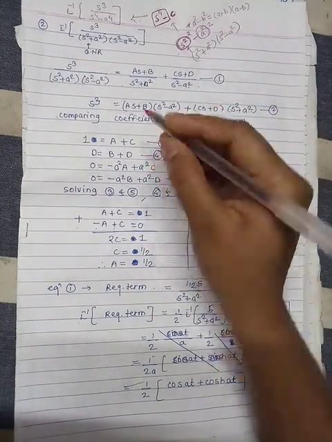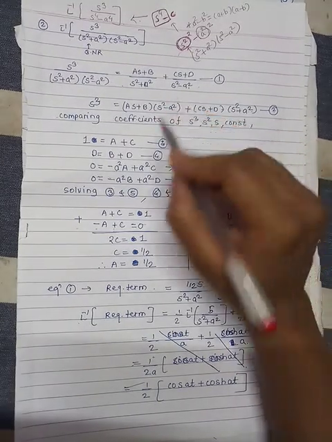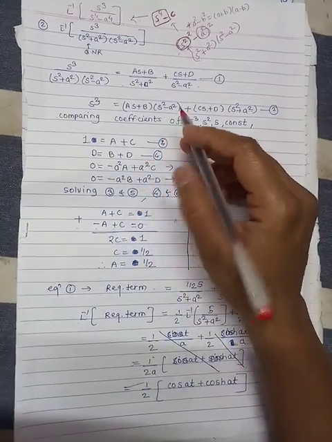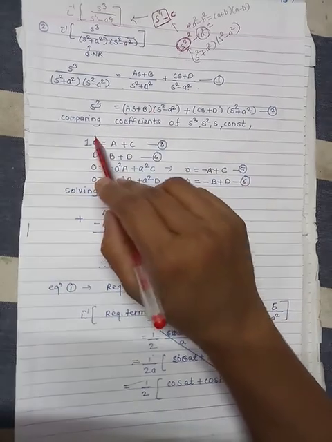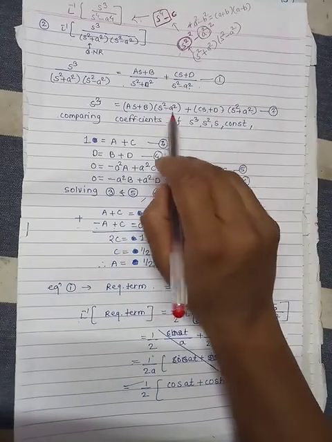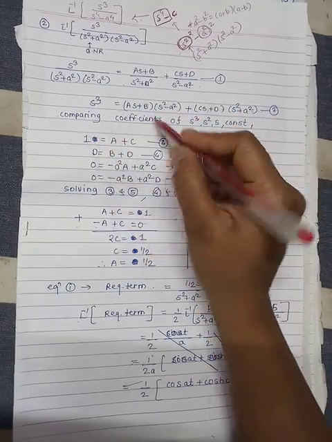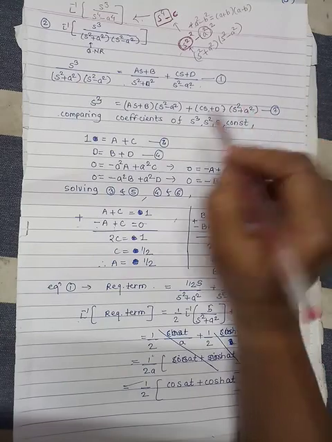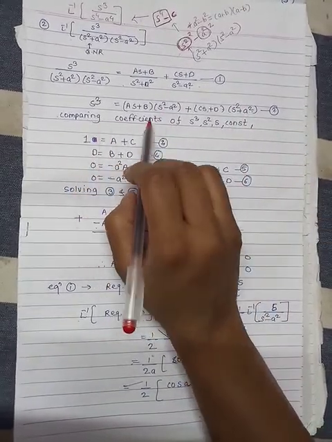So here for finding the constants, there are two methods. First is the shortcut method and second is the basic method, that is comparison of coefficients of powers of s. Here we are using the coefficient comparison method, because the shortcut method can be used if linear factors are present on the RHS of equation number 2. Here there are quadratic factors, s² − a² and s² + a², so there is no linear factor, hence we are using the coefficient comparison method.